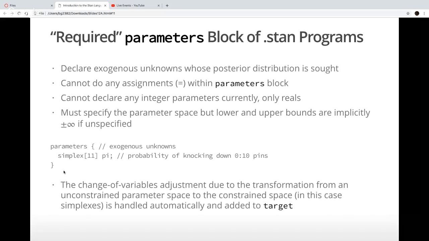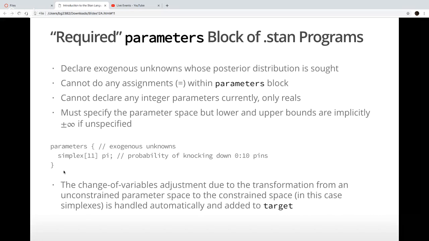But that actually happens automatically. When you say this is a simplex, Stan knows the transformation that it needs to do. Hence, it knows the Jacobian of that transformation. Hence, it knows it needs to take the determinant and the logarithm of the absolute value thereof in order to put that Jacobian term into the numerator of Bayes' rule.